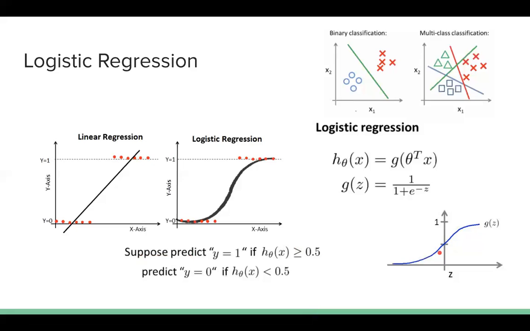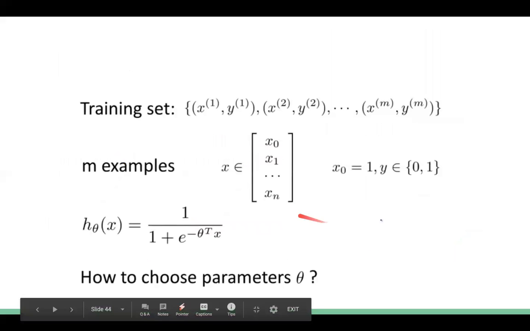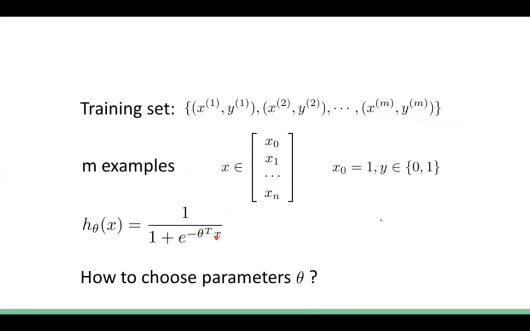Now the advantage of taking a sigmoid function is that it will ensure that our logistic regression cost curve will obtain a global minimum instead of a local minimum. So how is it exactly working? Let's see. We have some training set x1 y1, x2 y2 and so on, so there are m samples. Now what is our objective function? The hypothesis is 1 by 1 plus e power minus theta transpose x.